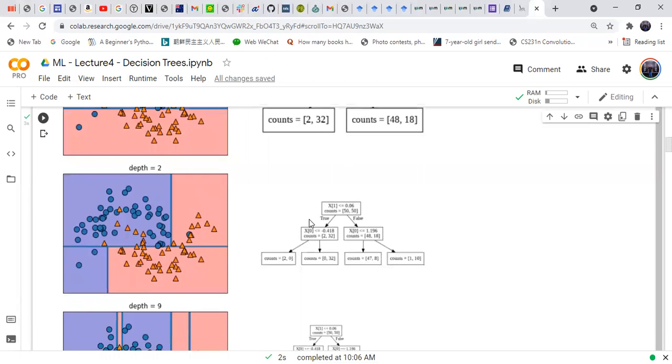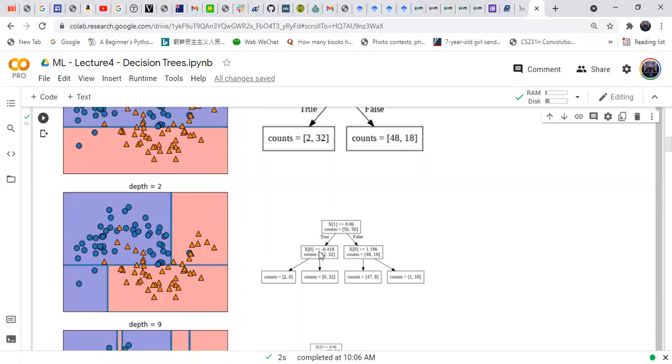Then we keep splitting this data set, and it looks like this. From these nodes we make the child nodes, and when we split more, we see that here we get only 2 points from class 0 and 0 points from class 1, and 0 points from class 0 and 32 points from class 1. So these are the pure nodes, and we need not go further because all the data points in these nodes belong to one class, either class 0 or class 1.